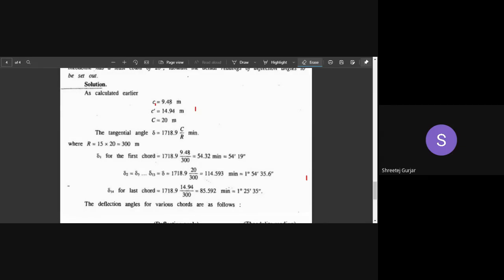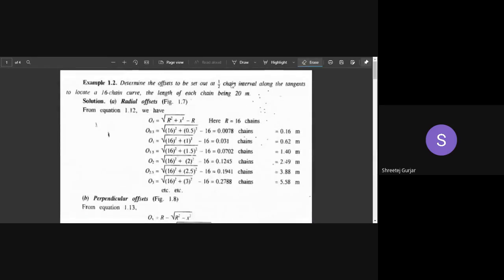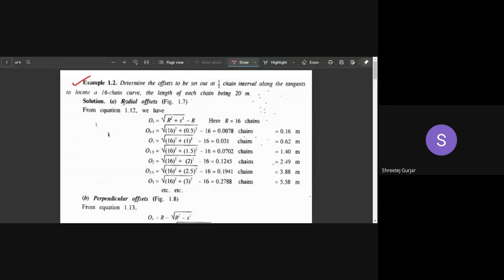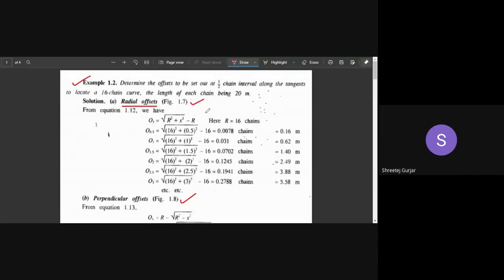So last time also we had left out a few problems. I think today also we will not be able to cover those. Still we have to cover 2 more numericals. You can see example number 1.2 you have to cover. So this one is left out. We will cover this in the next class. These are very easy, right? These are linear methods using tangents. Offset from tangent method. I hope you recall offset from tangent. We have 2 types, radial and perpendicular. So we have to calculate using their formulas. So we will do this in the next class.